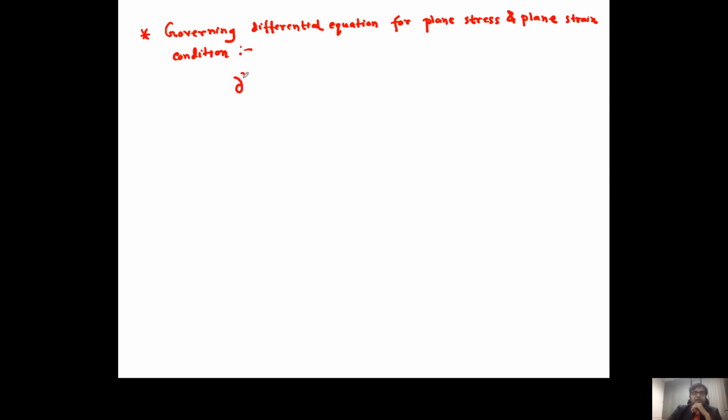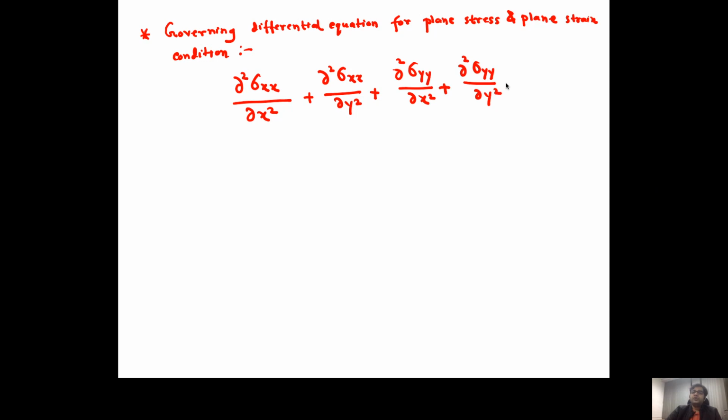It is del 2 sigma xx by del x2 plus del 2 sigma xx by del y2 plus del 2 sigma yy by del x2 plus del 2 sigma yy by del y2 is equal to 0. So I'm not considering any body force. Now,